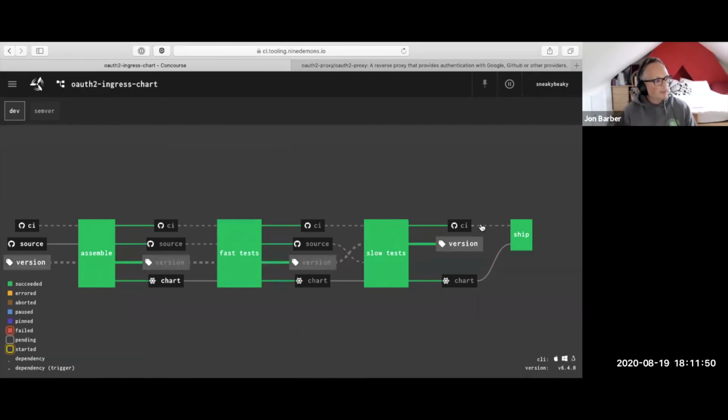Generally speaking, this is a kind of idealized pipeline structure. Another thing to note as well is that I possibly wouldn't have exactly this pipeline set up in production, but it's useful for our talk. So what we have at the very beginning is our inputs coming in, we assemble our chart together, and then we have two jobs, which I've chosen to call fast tests and slow tests. What we mean by that is, in traditional software development, in your fast tests